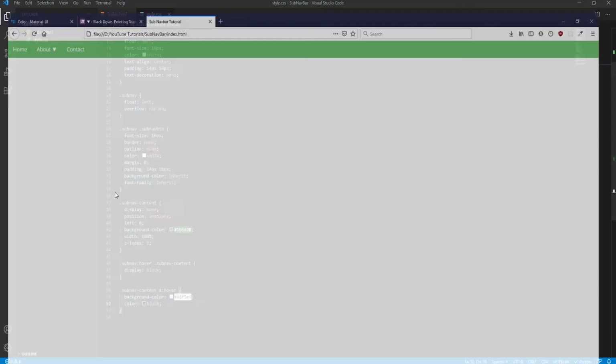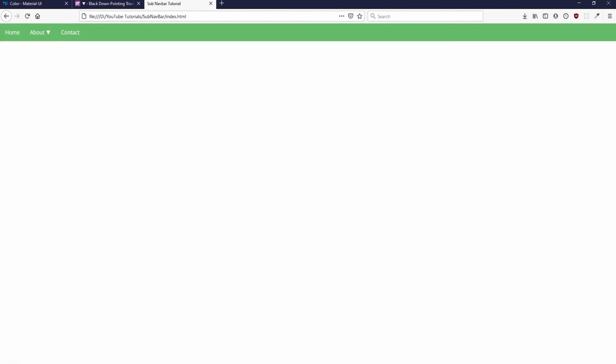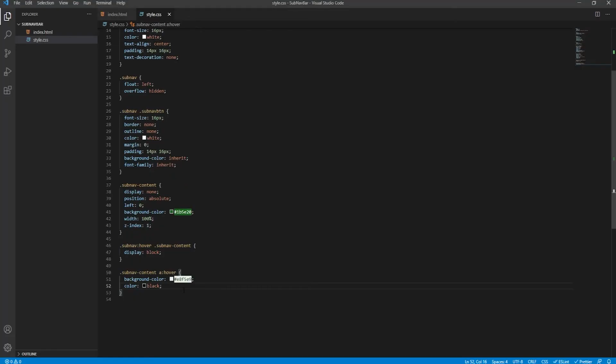The last thing that we want to do is change the background colour of the normal navigation when we hover over it. So what we need to do is navbar, and then the greater than sign, a, and then comma, sub-nav btn hover. The reason why we do this, okay, so basically,